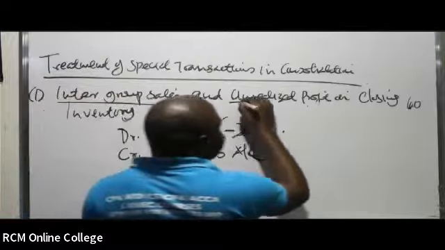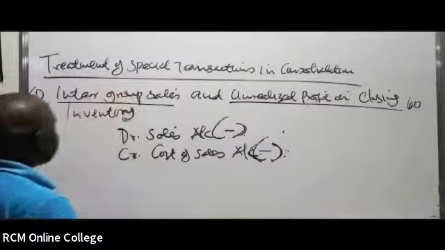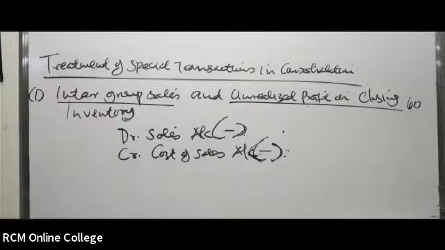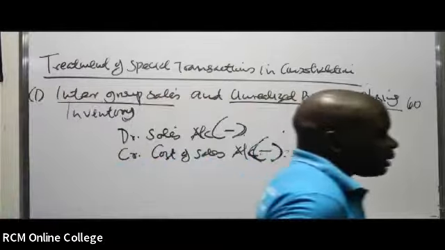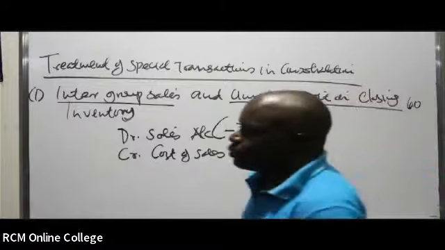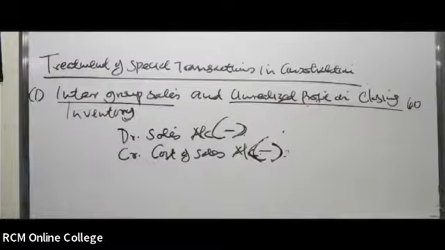This is the second part, which you are calling unrealized profits on the closing inventory. So you can write this: if the goods sold to a member of a group at a profit remain in stock at the end of the financial reporting period,